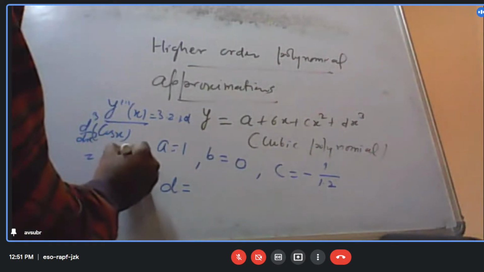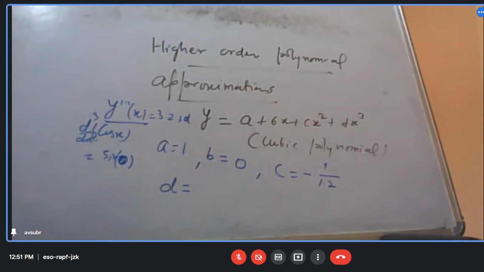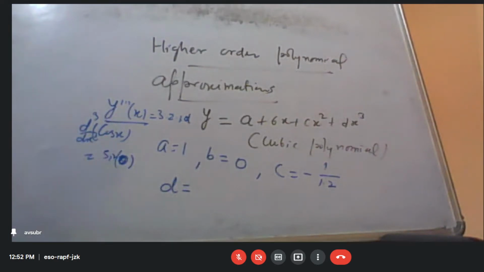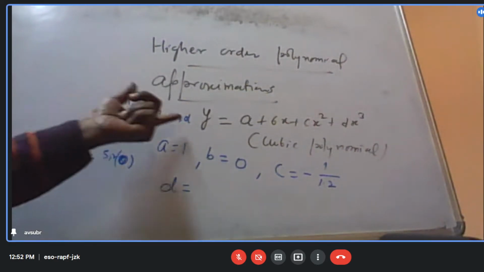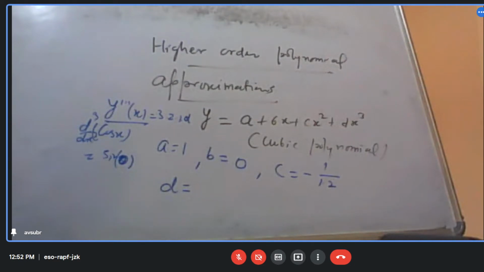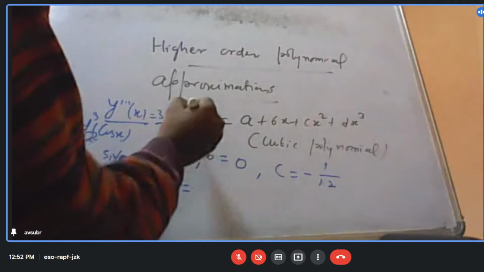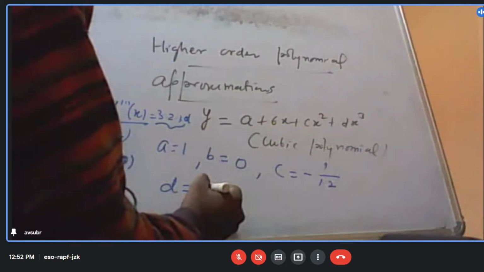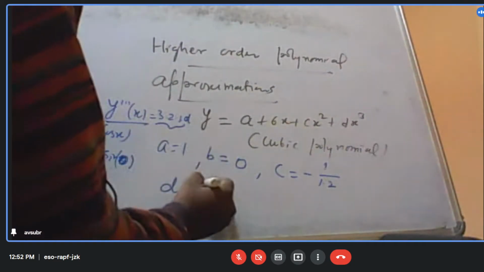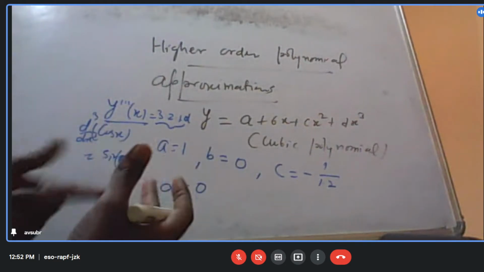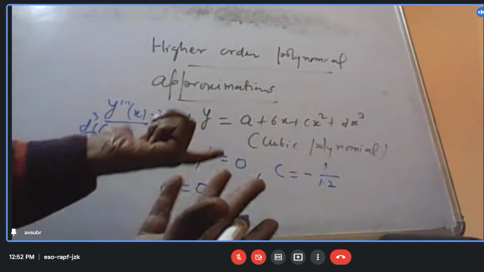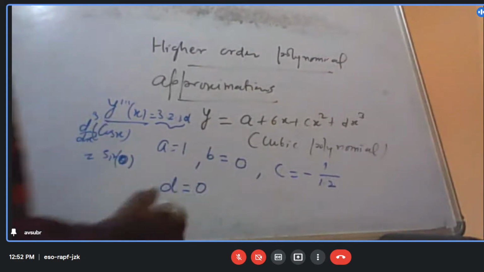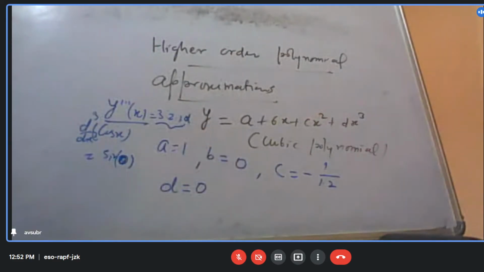0. We only know one thing, x equal to 0. So at x equal to 0, what will be this third derivative? That will be 0. So this is 0, so d will be equal to 0. This 6 cannot be 0. 6 is a number. So the only thing is that if it has to be 0, this d has to be 0. That's all. If I multiply this with 0, it will become 0. Okay, so this is what I should get.